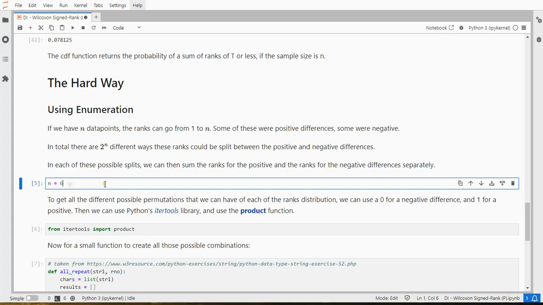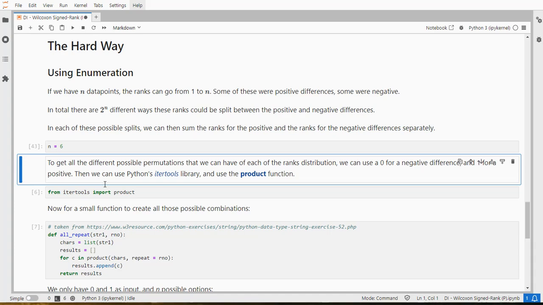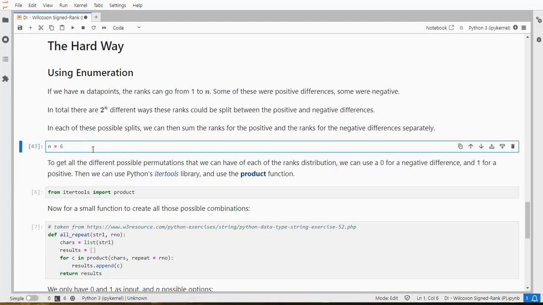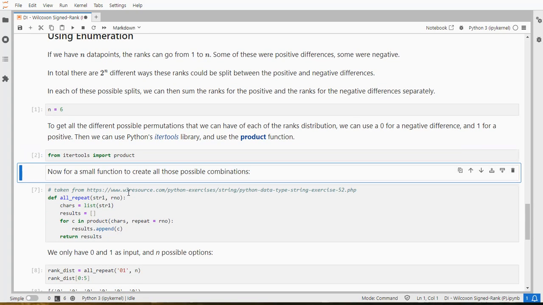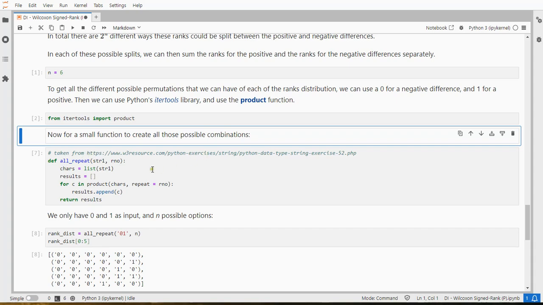So let's use as an example n equals 6. And to get all the different possible permutations, let's load that in. I'll actually do a reset of my kernel, edit, restart kernel, and restart. So let's say n equals 6. And to get all the different possible combinations, we can use itertools, which is a library that usually comes with Python, and there's a product function. I made a small function, or actually copied it from this website, and it simply will have a list of all possible